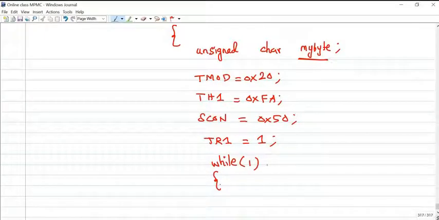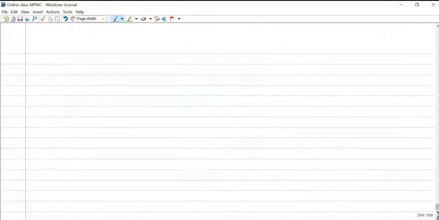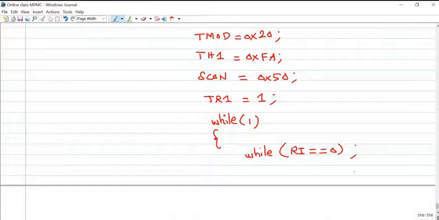While RI equal to 0. This particular line represents that during a byte of information being received serially, the receive interrupt RI equals 0.